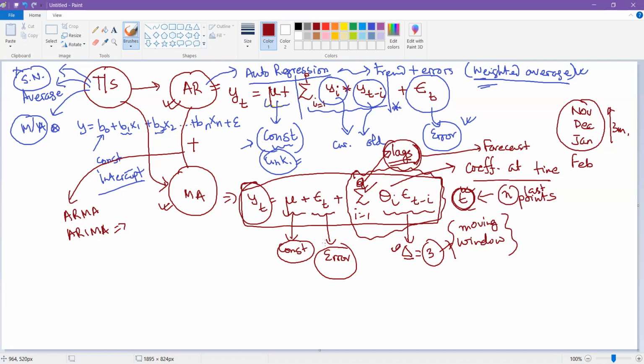Now, we are going to combine the power of AR and MA, and then we are going to look into advanced things related to AR, MA, and ARIMA, and so on and so forth. But until this point in time, are there any questions which you have? It's really not important to remember the math. It is more important to remember why we have taken into consideration a constant, an error and a lag in this case.